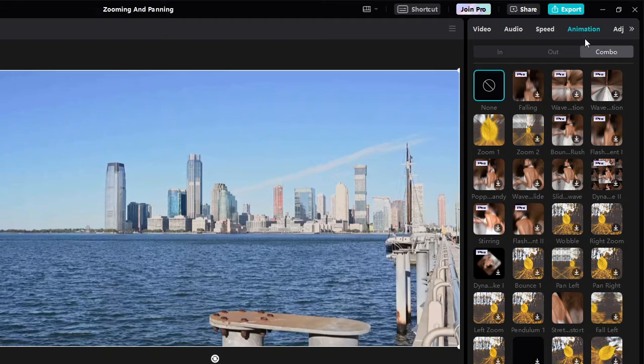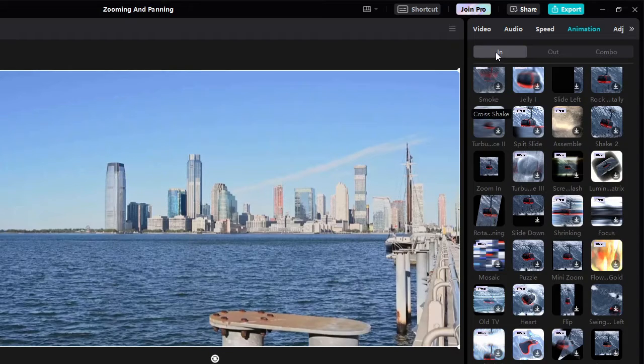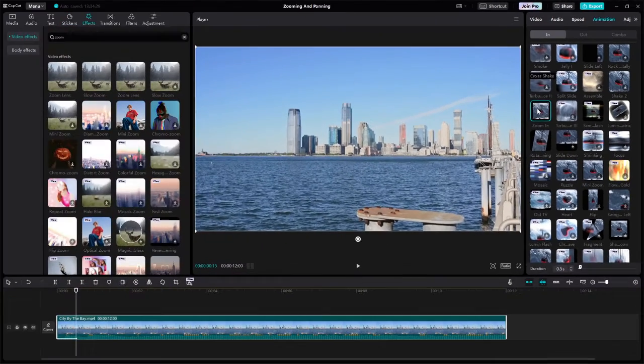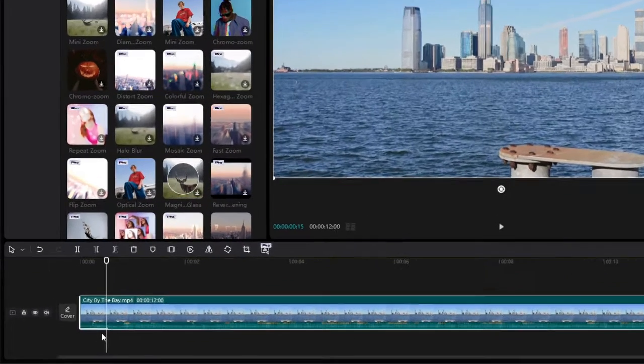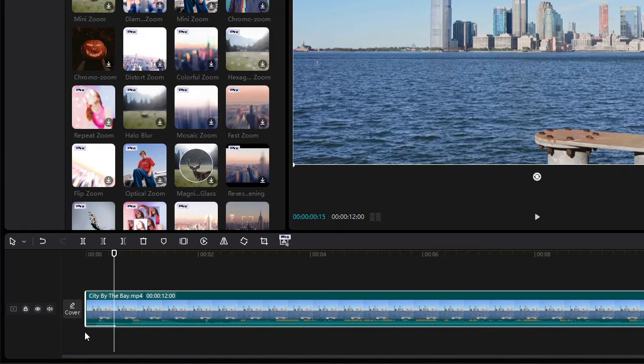For example, to add a simple zooming in animation to the beginning of this clip, click the In tab, and then simply click the desired zooming in animation. CapCut will automatically add a 0.5 second zooming in animation to the beginning of the clip. And now if you take a closer look at the beginning of this video clip on the timeline, you will see a white line at the bottom of the track. This white line indicates that the clip has an in animation, and the length of the line indicates the duration